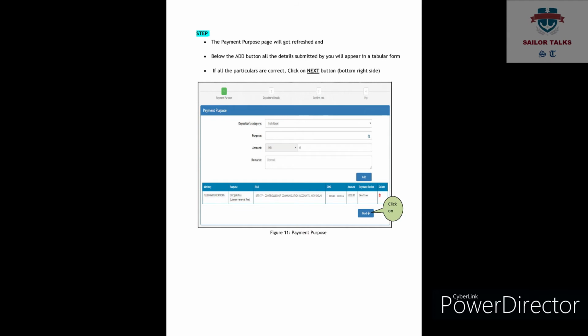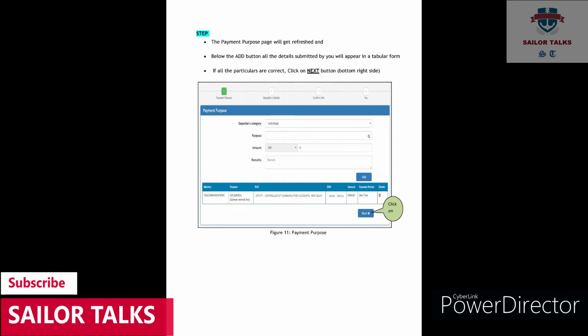After you click on add, you get the next window like this. It will show you the information which you have entered: Ministry Telecommunication, purpose GOC, license renewal fee, PAO New Delhi, DDO CCA, amount 5000, payment period one time, and then you can click on next.